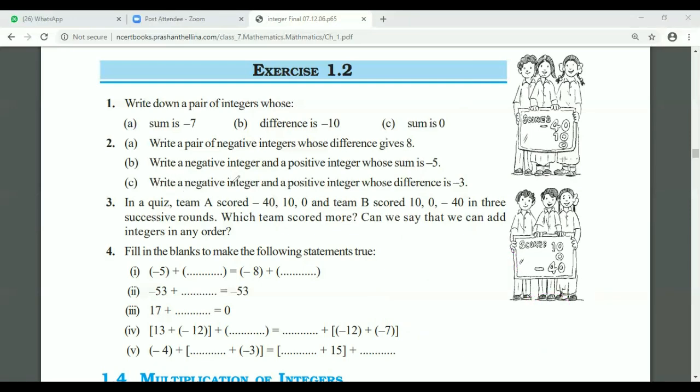In question C, write a negative integer and a positive integer whose difference is -3. We want two integers. One has to be negative and the other has to be positive. And the answer has to be -3. How will it happen? If you are subtracting one number from another,